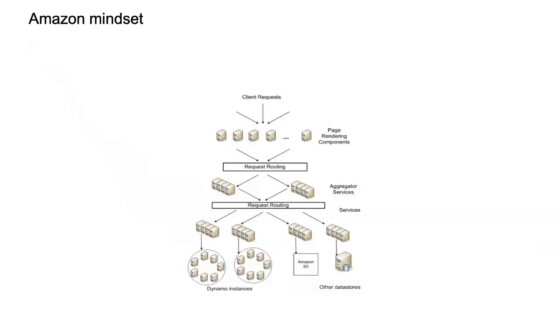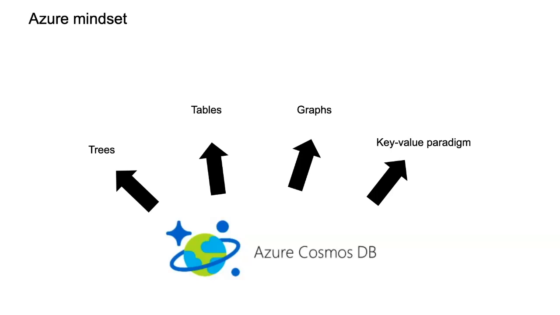And a few last words. Because I mentioned Amazon and Azure, there's also Google. So these are the big three, and there are a few others. The mindset is a bit different. In Amazon, what you notice is that there are probably hundreds of different services that you can use. They are on the shelf, and you can help yourself and use the services you want, right? It's like assembling a puzzle.